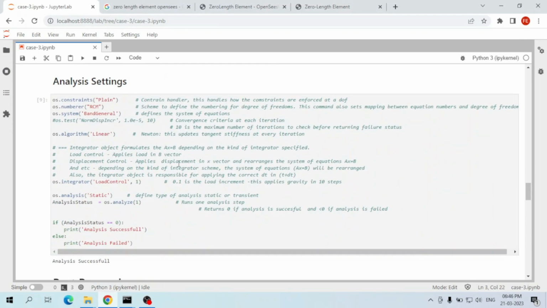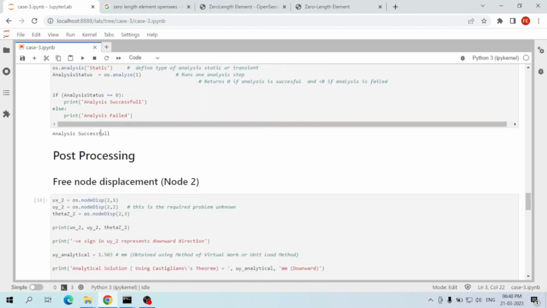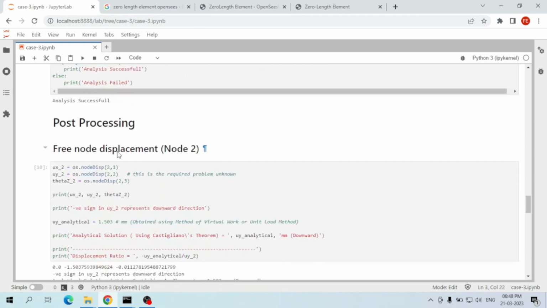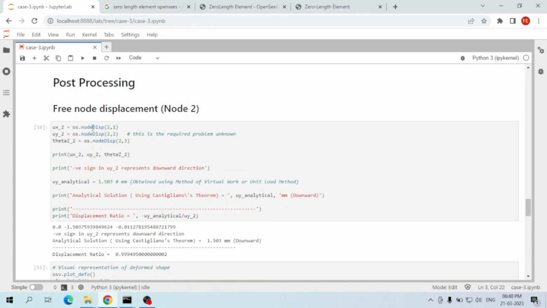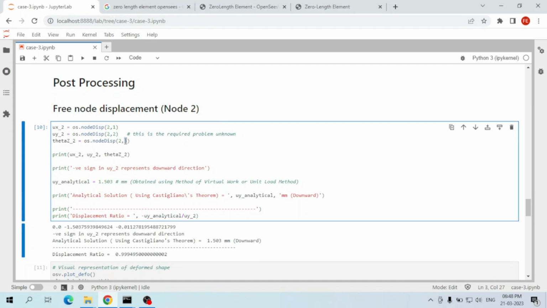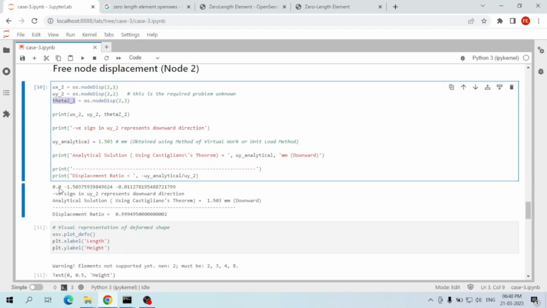The analysis settings that we used here are somewhat similar to the ones that we used in the load control analysis that we performed in case 2. After performing the load control analysis, let's see what we have got from the results. So using the node disp command, we extract the displacements at node 2, x and y directions, that is 1 and 2 directions, and the third direction is rotation here at node 2, and that value we store in theta z at node 2. When we print these values, we have got zero displacement in the x direction and a negative 1.5 mm in the downward direction and some rotation value,